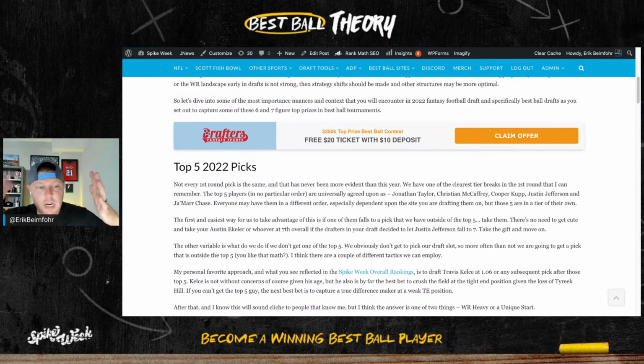So from the middle of the first round to the middle of the third round, we could make a case for all of them. Saquon went in the middle of the third round. I could make a case he should be the sixth. He should be that sixth guy, even over Najee. I could make that case. I think some people would make that case, right? I could make the case for